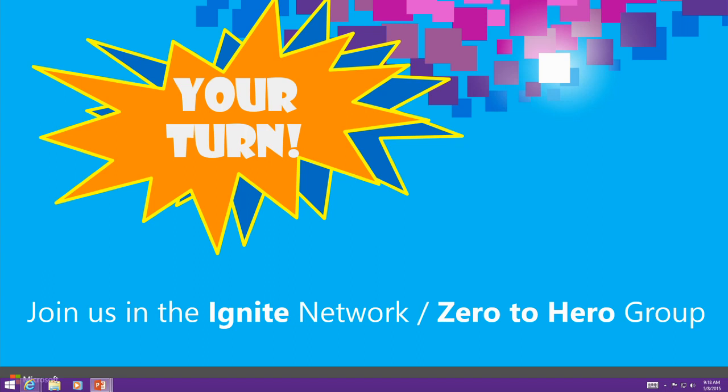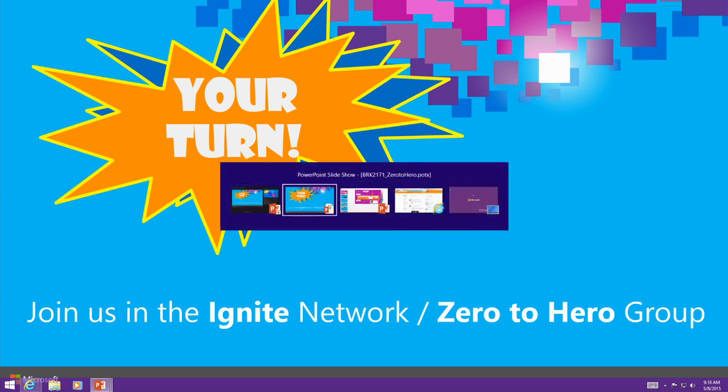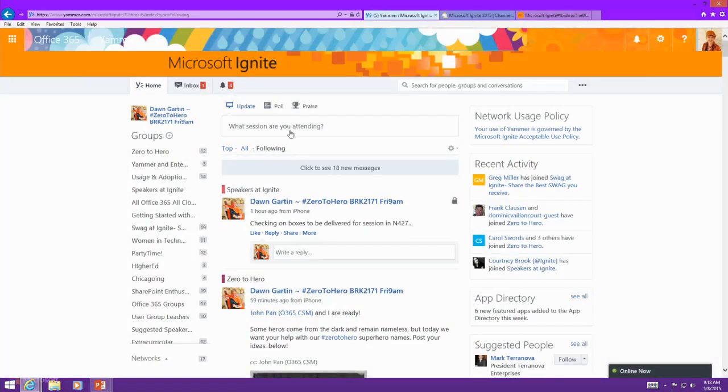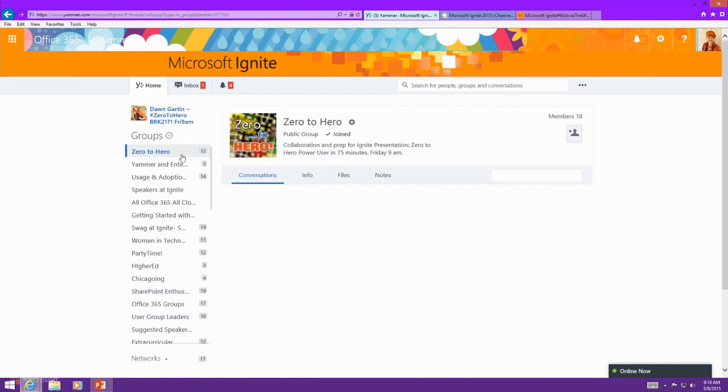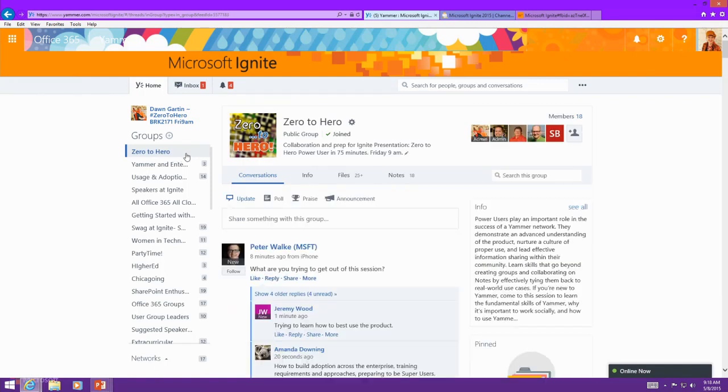So let me show you what we're going to try here. Here I'm logged in. The easiest way to post in the right group is to start in that group. So I've made it a habit to go to the groups area first. You'll see Zero to Hero is right at the top of my list. It's been the most active group that I've been in all week.